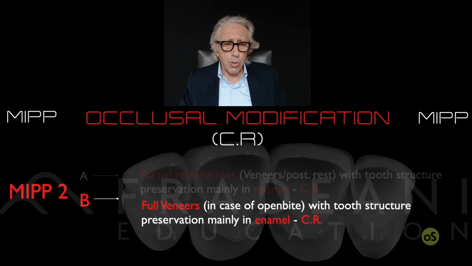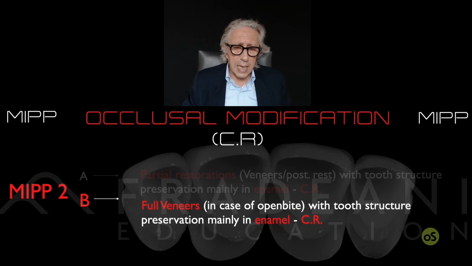Then you have the MIPP2B, in which we still have the chance to put the patient in CR, but we will have an open bite at the end, and we have to extend our veneer on the lingual part, creating the so-called full veneers. That is, again, a kind of crown design, but nothing to do with the crown when you prepare the teeth, because you have a space between the upper and the lower, so the palatal part of the upper teeth,